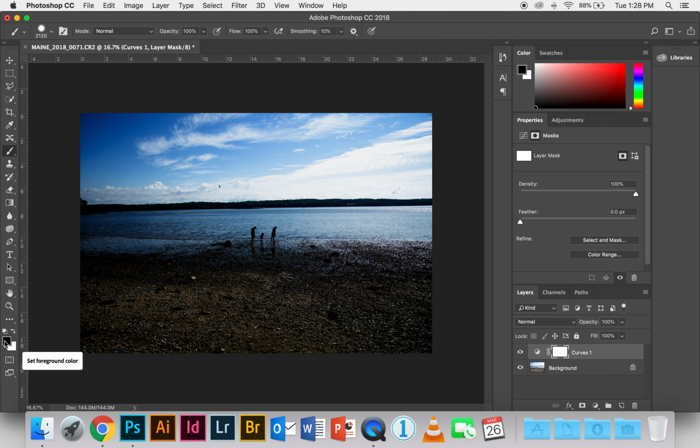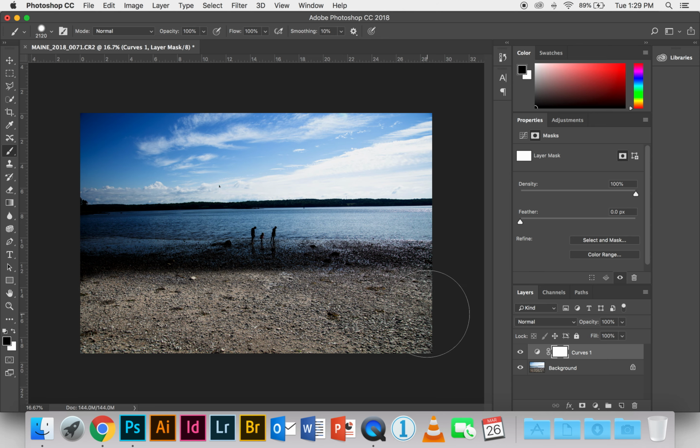And I'm going to make black my foreground color because if I paint with black, that will hide the layer mask. And then I've selected the paintbrush tool, and I have a big soft brush, and I'm going to paint that big soft brush over this area. So again, I have the curves adjustment layer here. I'm working in the layer mask and I'm painting with black. And as I paint over this bottom portion,